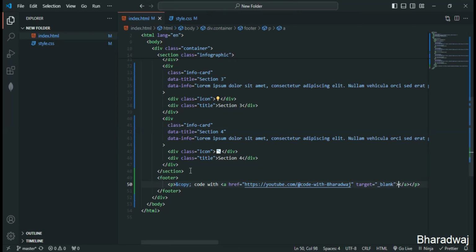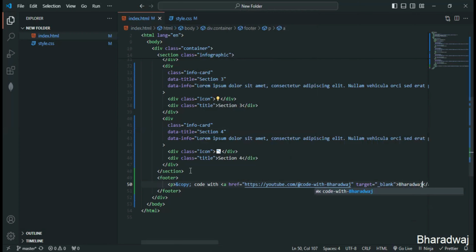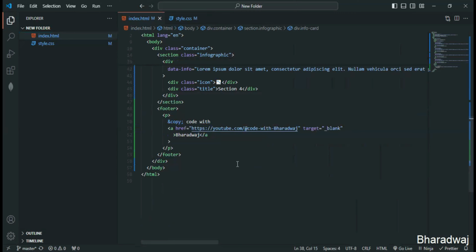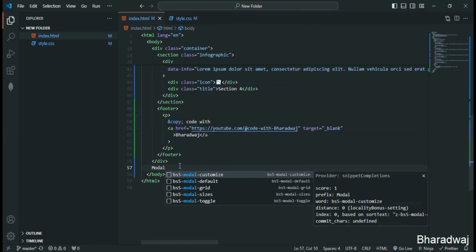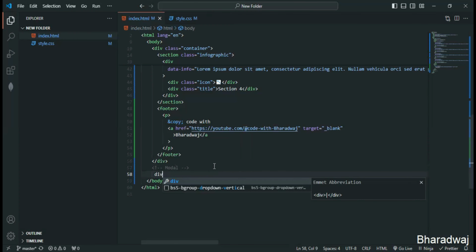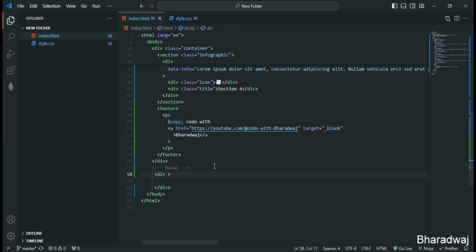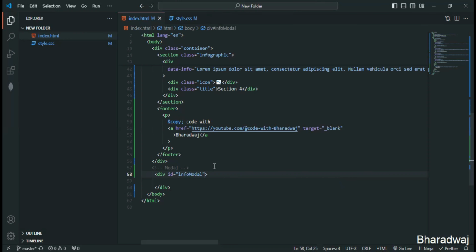So here I'll just give Bharadwaj. Let me format the document once. After this one, what we have done here, I have just made use of the footer. So after closing up this div, let me create one more div, this is for the modal. So I'll just comment this one. Just give me a second. Let me make use of one more div. Within the div, I'll give ID of info modal